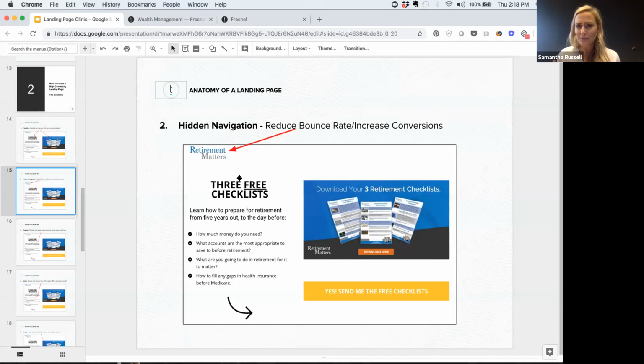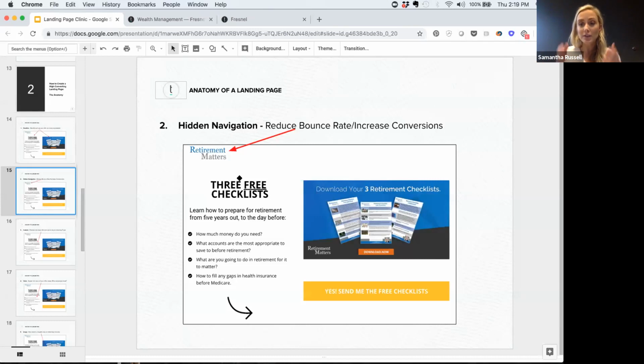But why is this important? When we send someone to a page, we're trying to capture them there and make it so that they have 2 options. They can either click out or they complete the call to action that we've given them and they convert. When we start having a button for our services or a button for webinars or a button for resources, we make them want to click over onto those buttons and learn more about those other services.